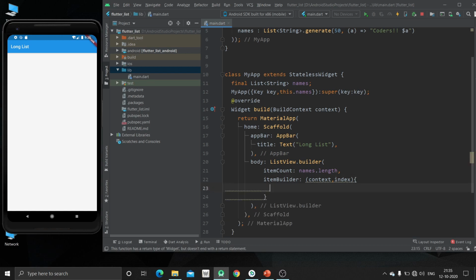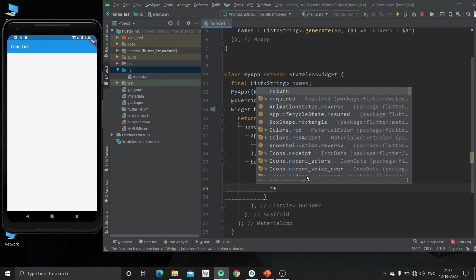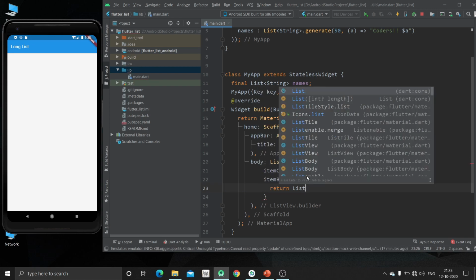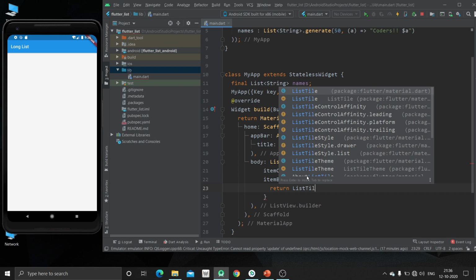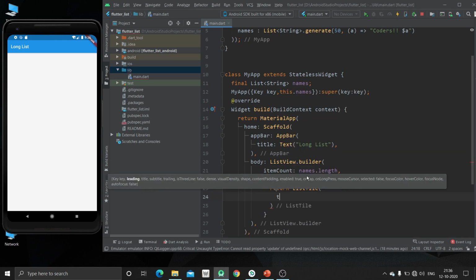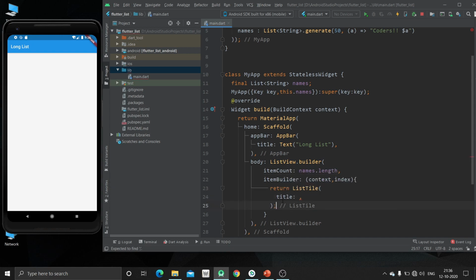Now what we are going to do, we are going to return one list tile for the multiple list. Inside this list tile, we are only going to pass the title. That title will be in text. Now it will be high, and after that we are having,